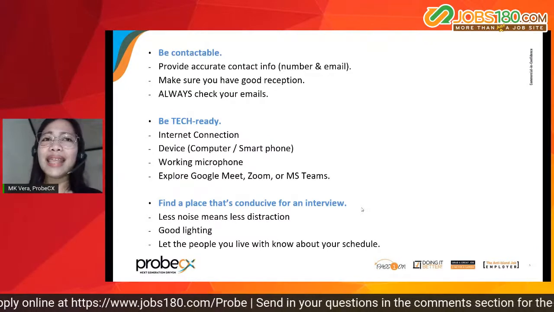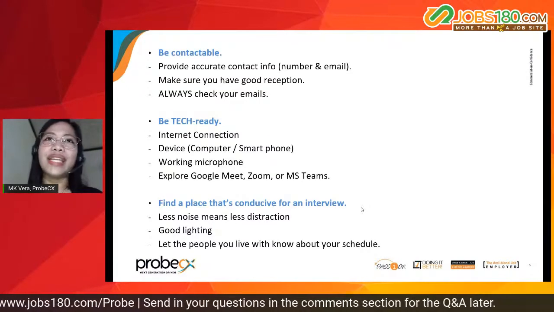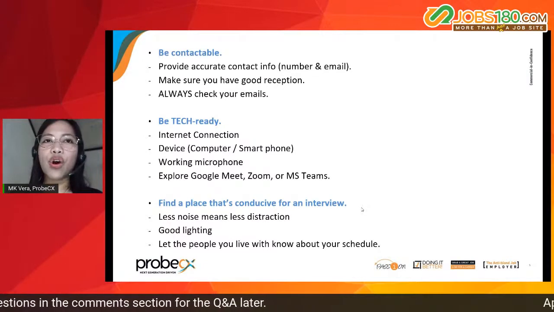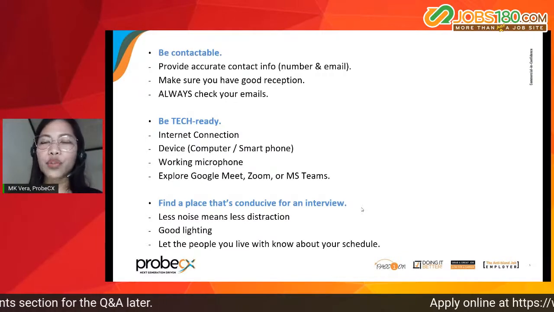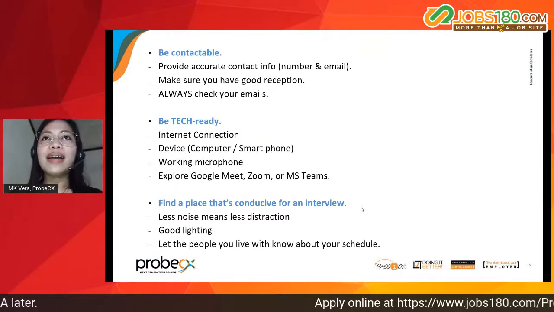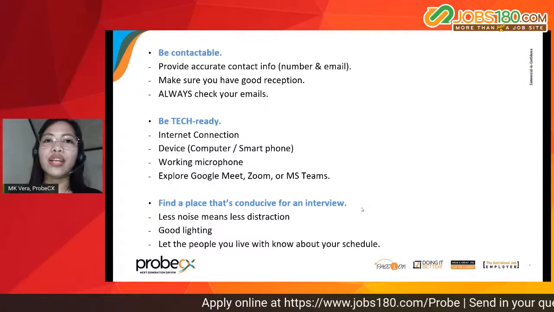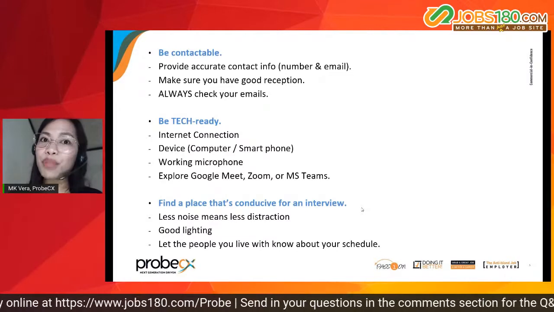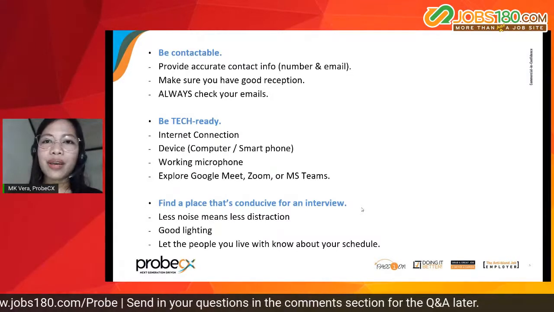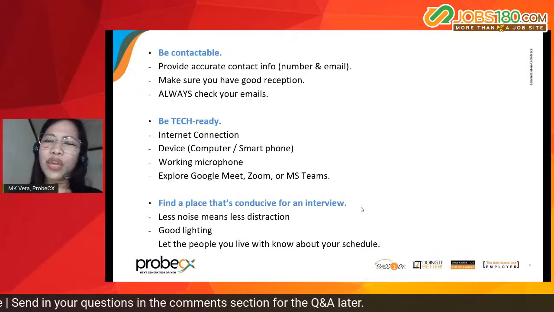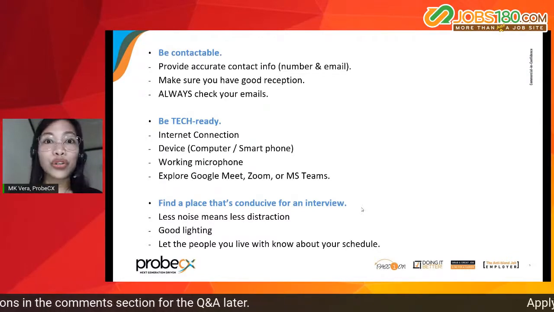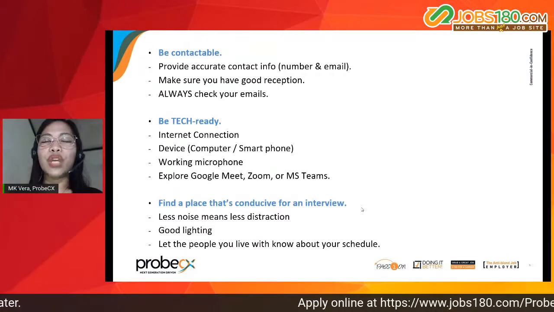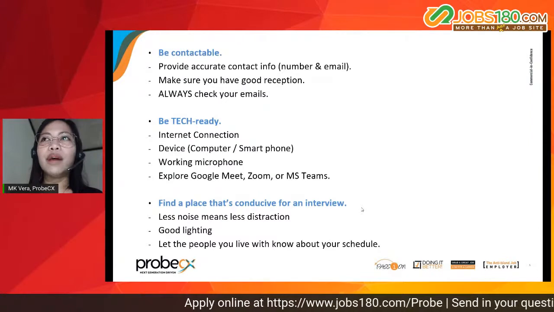Okay. And then second would be to be tech ready, since we are in the digital age and we are already making use of digital platforms. You have to prepare your tech requirements. Now, first, the internet connection. I think most of us already have an internet connection, but the problem is, since I'm from the province, I'm in Naga City, we sometimes have issues with internet connection. So it's very good for you to have a backup. You can use a pocket Wi-Fi or a prepaid Wi-Fi,